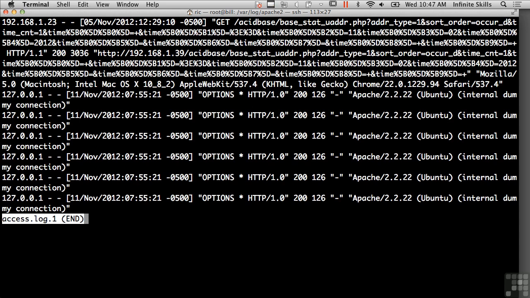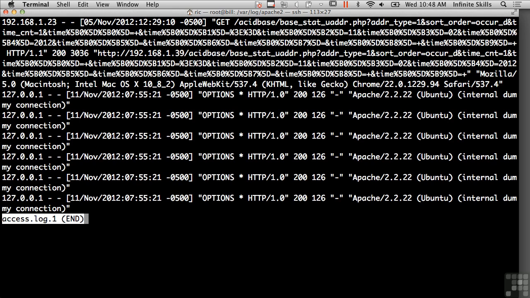You can see I've got that, which is an IP address of a connection that was made. So apparently this system connected to itself, and on November 11th, 2012, generated an options request to this particular server. So you can see the options request. You can see what was actually requested. We got an options star, and